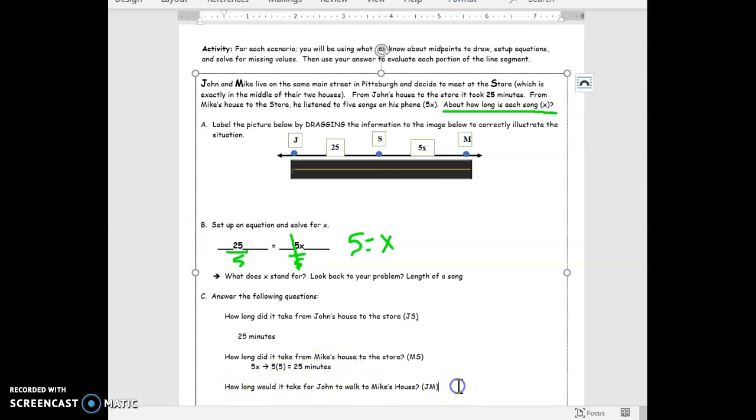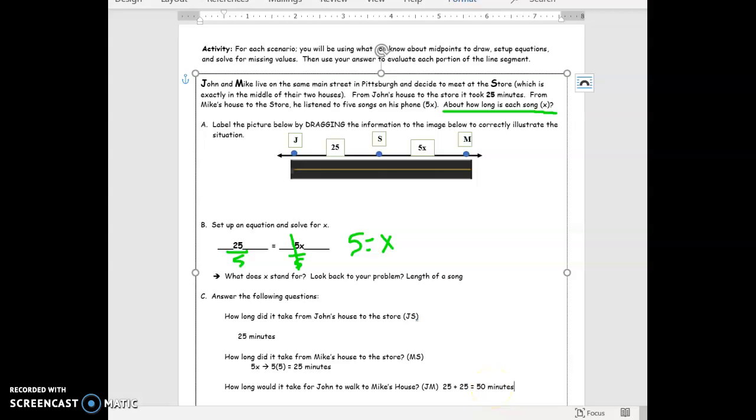And then the very last question here says, how long would it take for John to walk to Mike's house? Again, this distance is 25. We just found the second distance to be equal. Again, definition of a midpoint and our algebra supports it. So 25 plus 25 would be the amount of time it takes,